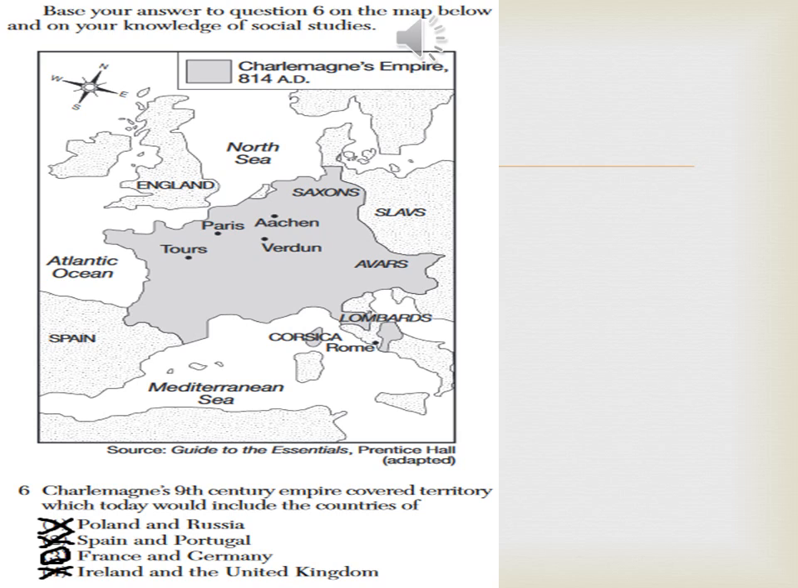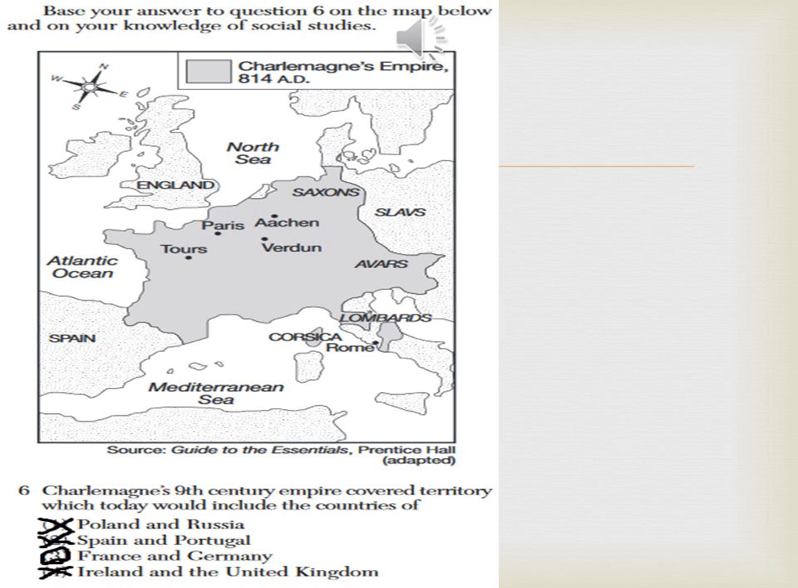Because I'm looking at the map, it says Charlemagne's Empire, 814 AD. Alright, so I'm looking at the map, and right away I know that it's France. It's part of France, it's part of Germany, because I see England, I see Spain, I know it's Western Europe because it says Atlantic Ocean. It's part of France. It says Paris. And if you go a little bit eastwards, you would get into a part of Germany. Of course, Germany was not a unified country, but